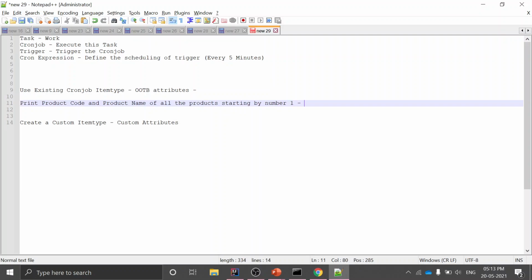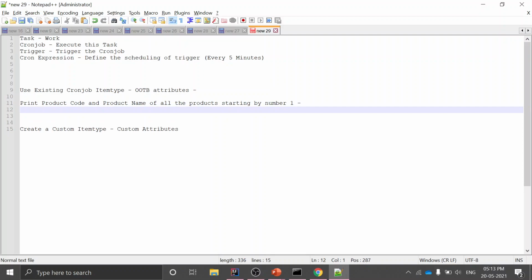So all the products whose code starts with 1, it will print those products and their attributes. Let's say your product code is 1, 2, something like this,